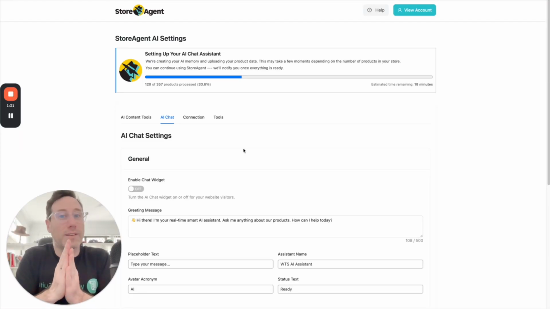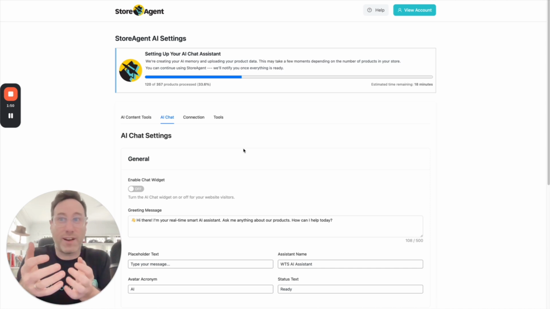If you want to embrace AI in your WooCommerce store, then you need to get onto an AI chat. Now, an AI chat is a type of technology that will appear like a live chat on your website, and it helps you create experiences with your customers without actually having to interact with them personally. So the reason you might want to do this is to reduce the amount of level 1 support